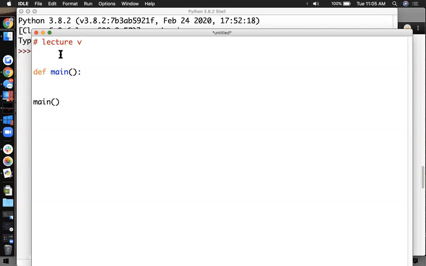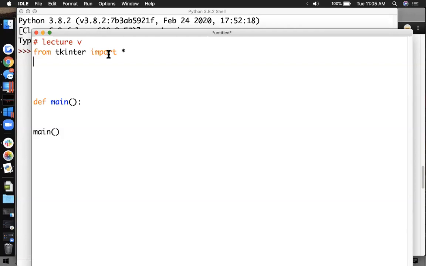But all of these different ways of creating the user interface do need the Tkinter library, so we're going to do that. From Tkinter import asterisk. Now we could just do import Tkinter, but then every time we wanted to create a new button or whatever, we would have to prefix it with that name, right? And then there's one little oddball exception that seems to not come in unless called out